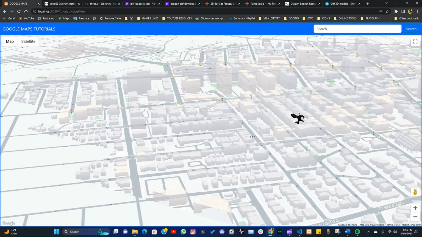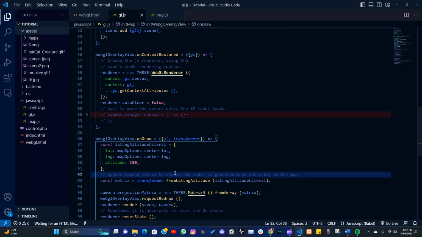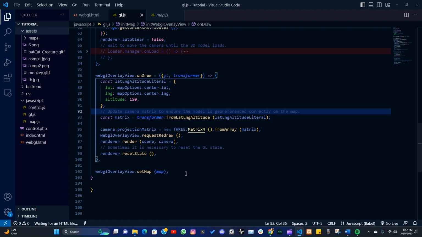Okay, so what we're going to do is let's try to put it on the ground. But we're going to work more on this in the next tutorial. All right, we're going to work more on how to increase the size and all those stuffs in our next